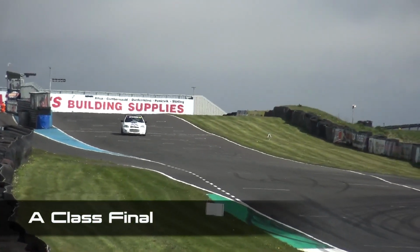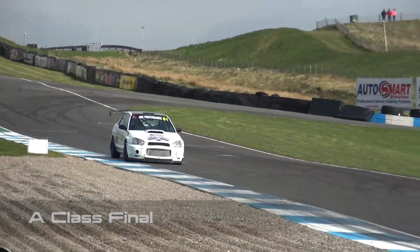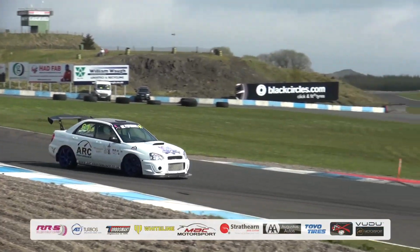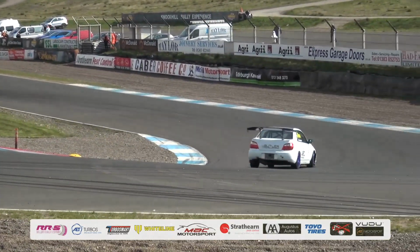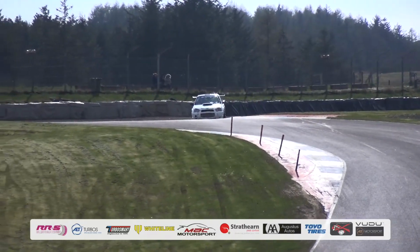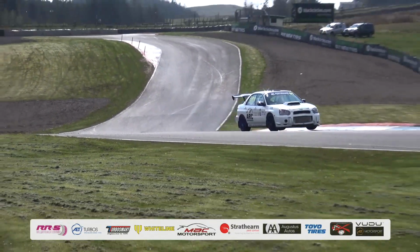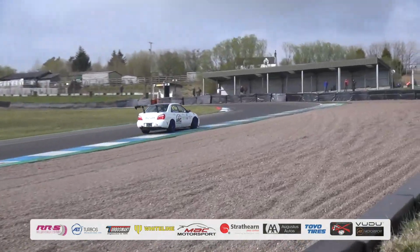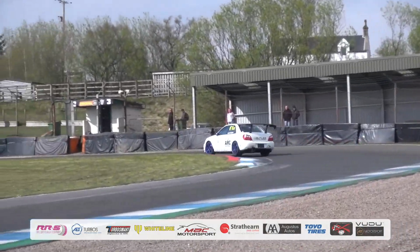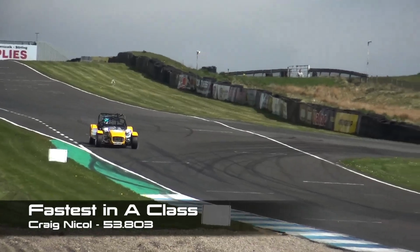Class A, all about Andy Clotworthy versus Craig Nicholl. It was Subaru Impreza against Caterham 7. Andy Clotworthy, the ARC guys who also look after Tom Lockhart in Class F, Andy managed to do a 54.974. He's had a fair few issues over the years, Andy Clotworthy, but when that car is on song, it is incredibly quick. And we've also seen Andy dabble with F-Class cars, possibly a Renault Clio. But taking the Class A honours, it was Craig Nicholl,